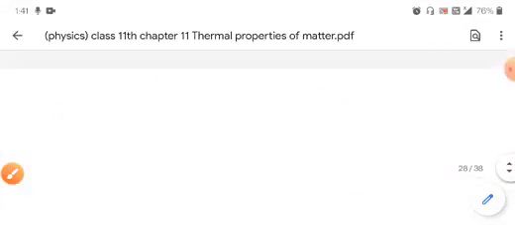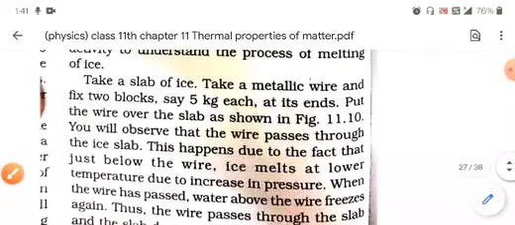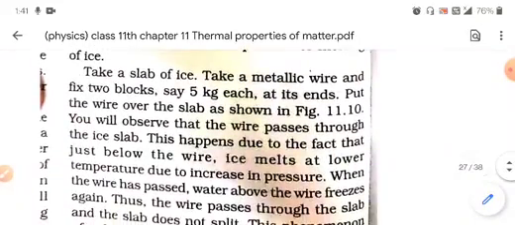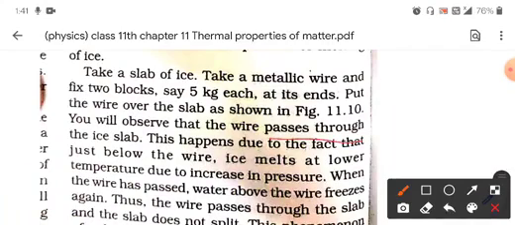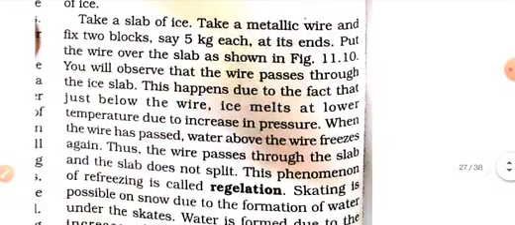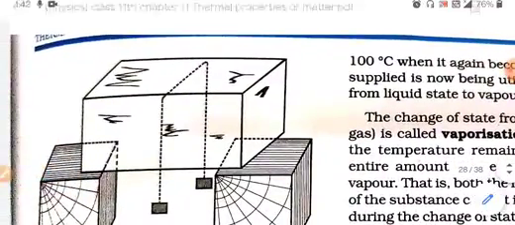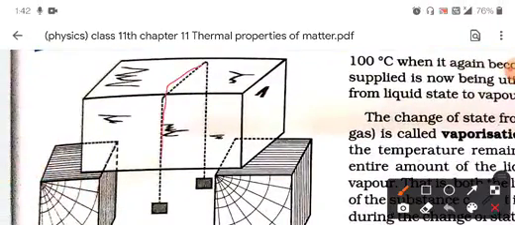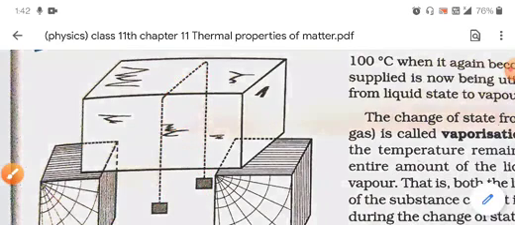Then what will happen? You will observe that the wire will pass through the ice slab. This happens due to the fact that just below the wire, ice melts at lower temperature due to increase in pressure. What will happen now? This wire will pass through the slab, and the slab will not melt. This will happen because